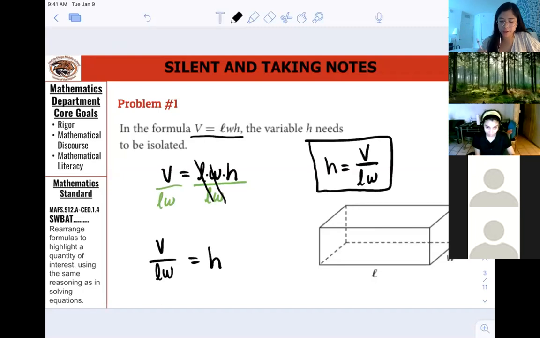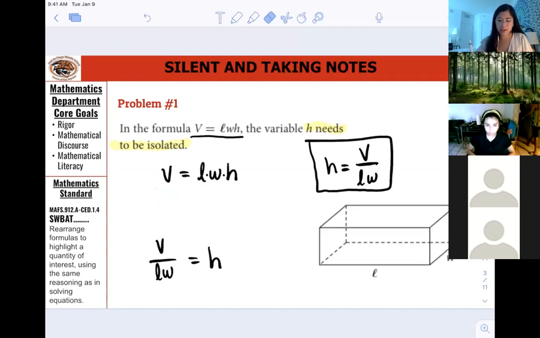And the problem says, in the formula V equals LHW, the variable H needs to be isolated. So it's telling us to get H by itself. But right now, at the very beginning, H is not by itself. H is tied to the L and the W. They're all together in a group, and they're all together in a group that is using multiplication, because really it's saying L times W